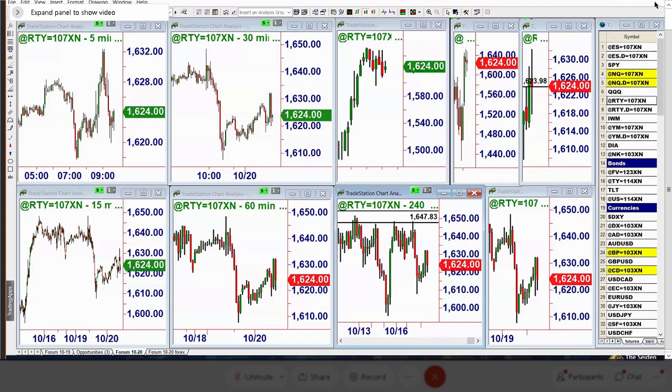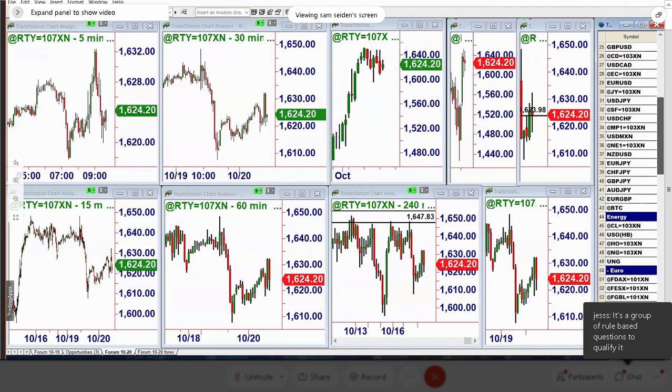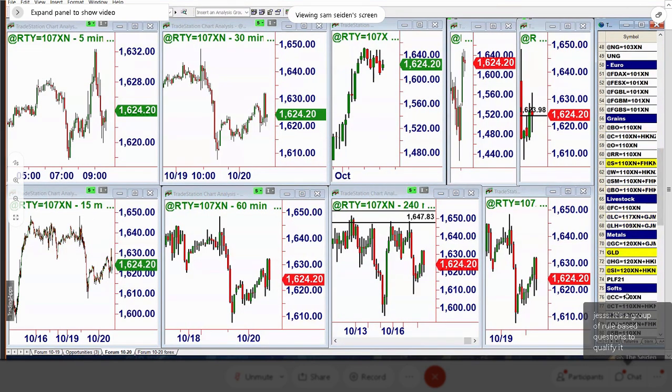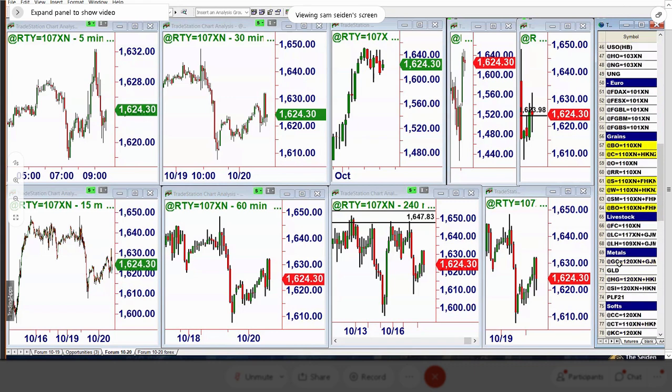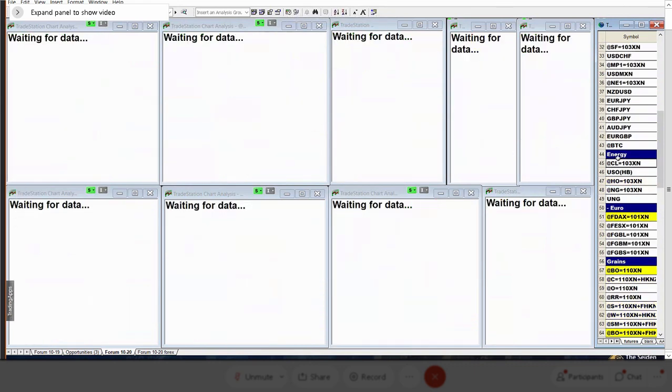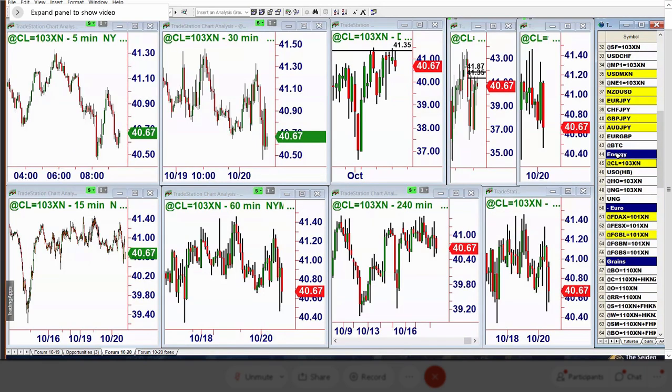Other markets you want to look at. Again, we apply this to any market, any time frame, doesn't matter. I've got a whole list here I can keep going through, but if you want to take a look at some, yeah, oil, we can take a look at oil. Oil hasn't really moved much the last couple days, but we can certainly take a look at it. All right, so when we look at oil, we've hit some